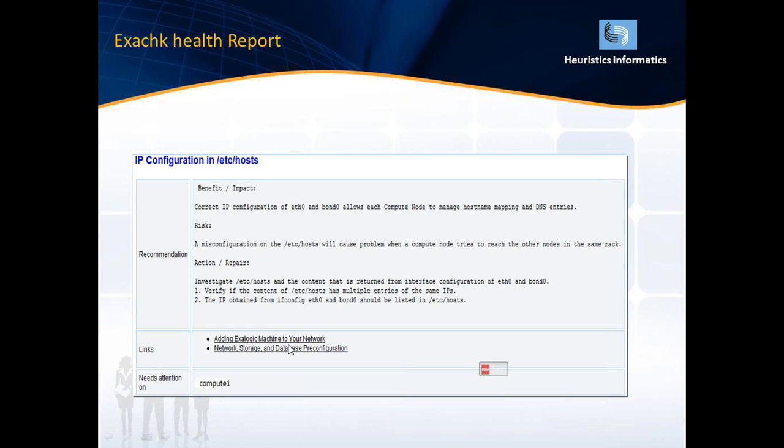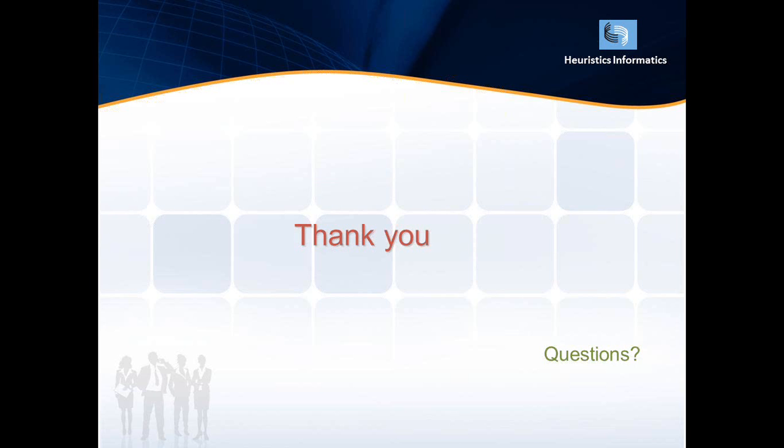It will show the links. These are all the links you can check on Metalink, which will give some more idea and clarity on what needs to be configured, and it will show where we need to pay attention. Do we need to pay attention to all the compute nodes, storage or switches? Yes, it will show on which component attention is needed. Here it is specifying compute node 1. Yes, we need to pay attention only to compute node 1. This is how I can verify the health check of the total Elastic Cloud with the help of this ExaCheck report given by Oracle. So thank you.